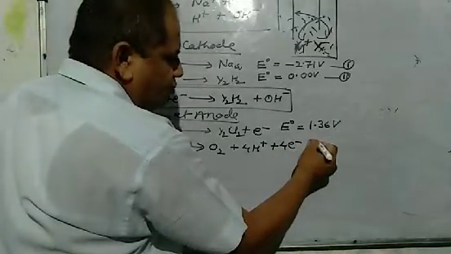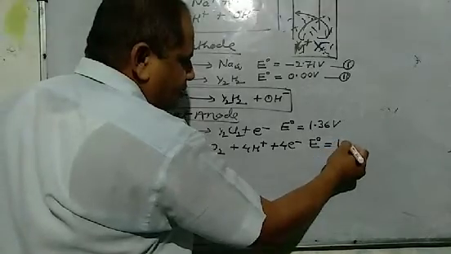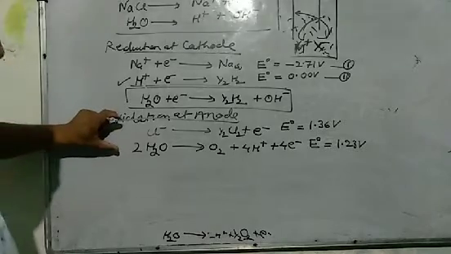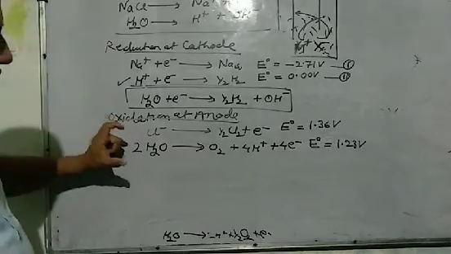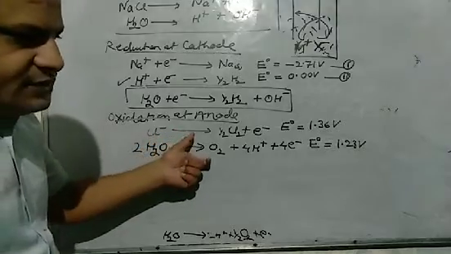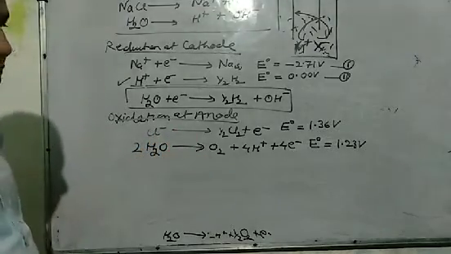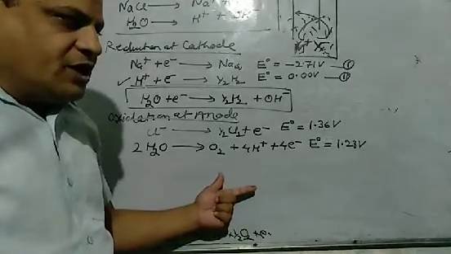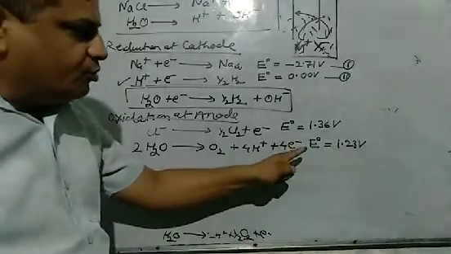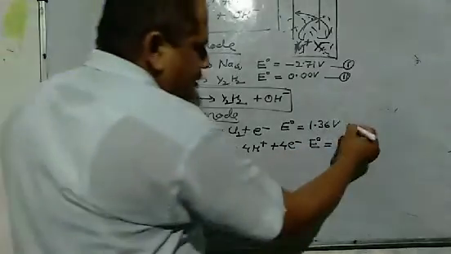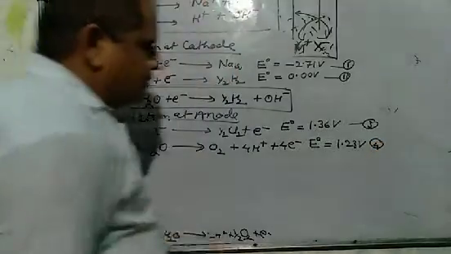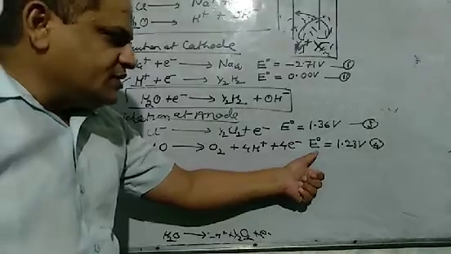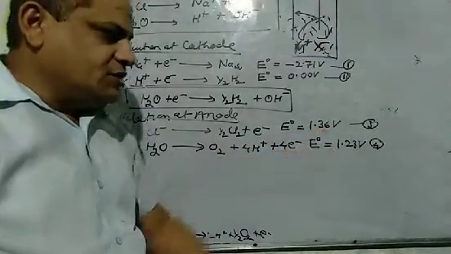The standard electrode potential for this reaction is 1.23 volt. Now, when two types of oxidation reactions are possible, then that oxidation reaction competes which has the lower value of electrode potential. Since here reaction 4 has lower electrode potential than reaction 3,